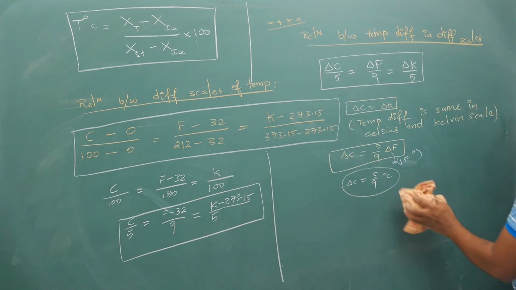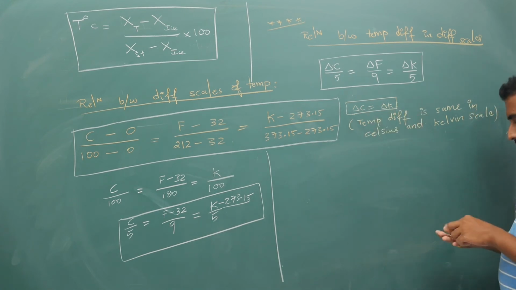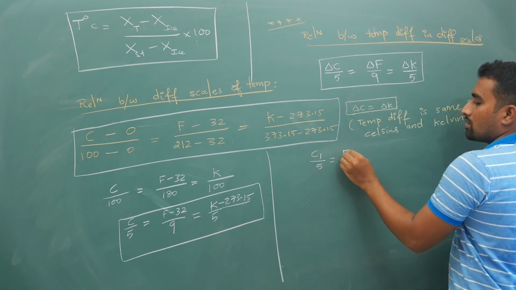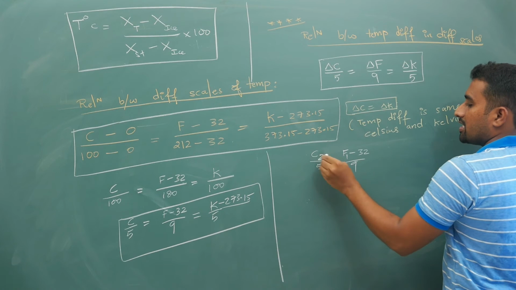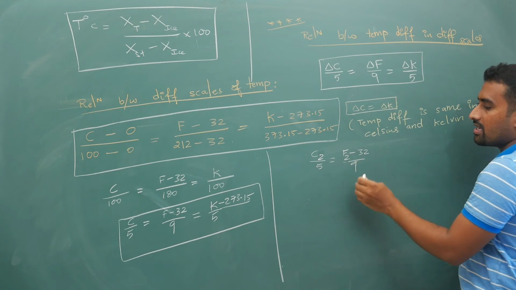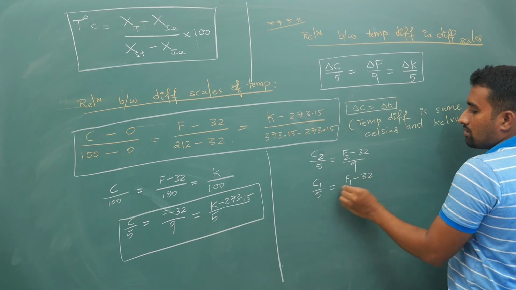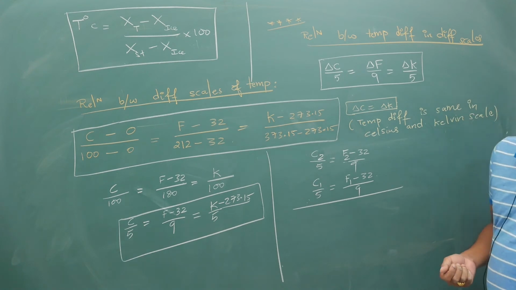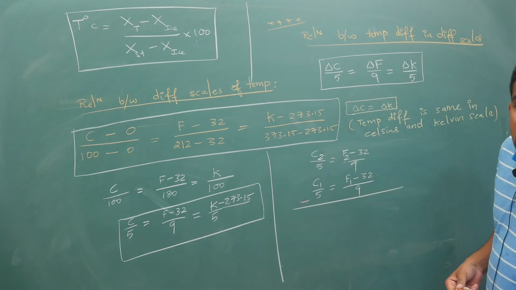I will erase this part. This is the most important point which we are going to use later. For example, I am writing C1 by 5 is equal to F1 minus 32 by 9, and let us say C2 is the reading in the Celsius scale and F2 is the reading in the Fahrenheit scale, with C2 by 5 equal to F2 minus 32 by 9. Now if you subtract these two values, C2 minus C1,